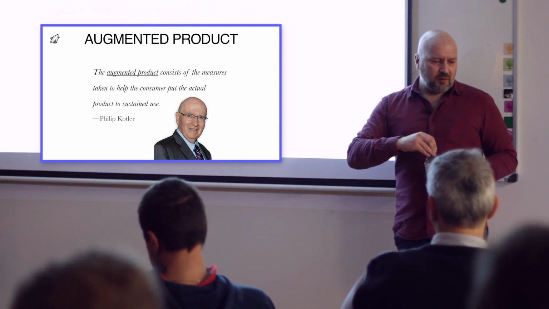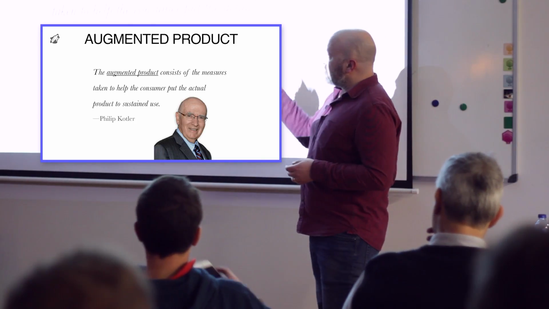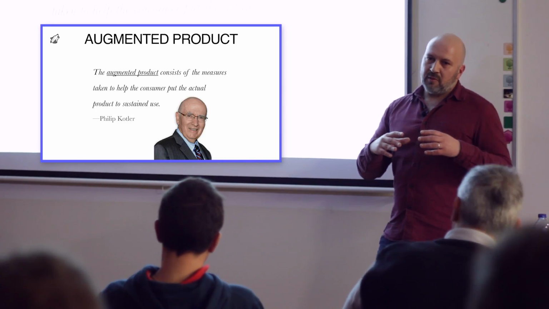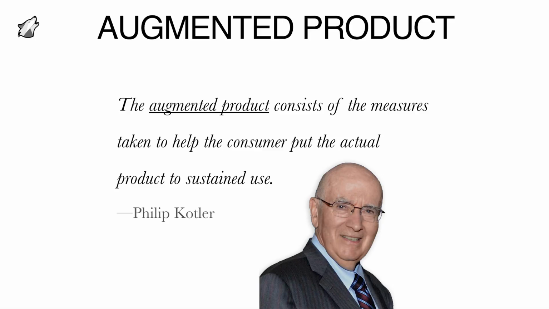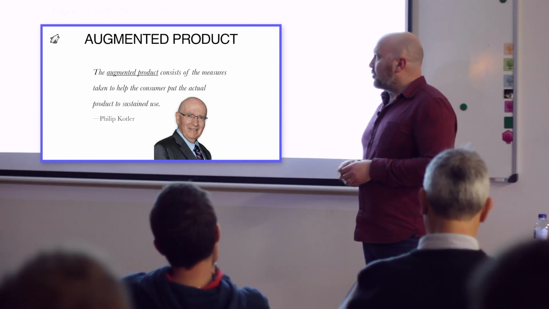And the augmented product is the act or the measures that enable your product to become that whole product that we were talking about before. It was a definition, a concept created by this other marketer, Philip Kotler. And you worked with many companies that were trying to come up with this way of delivering these products, and he actually mapped out different ways of coming to that point.